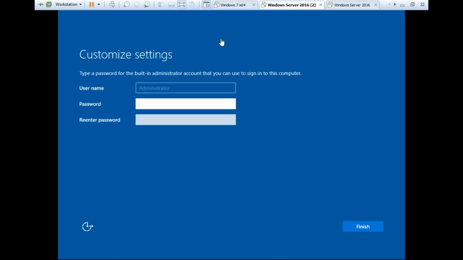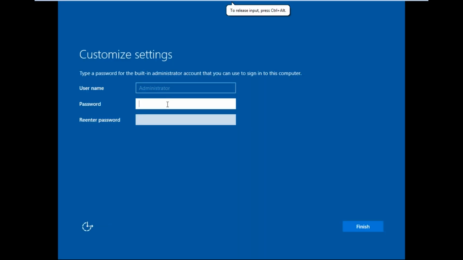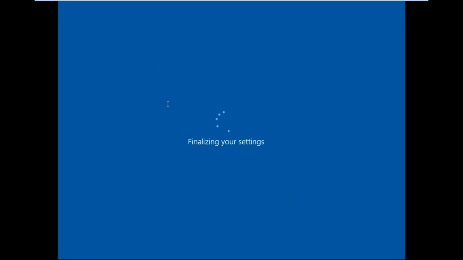Only starting and stopping the services. So this installation part is completed. Here you can set the password. After installation, it will ask for the password. Finish.